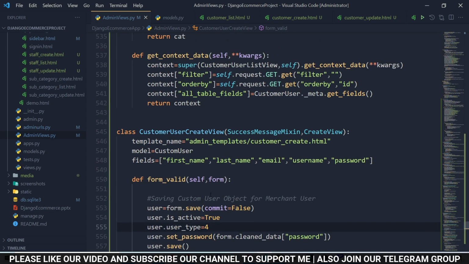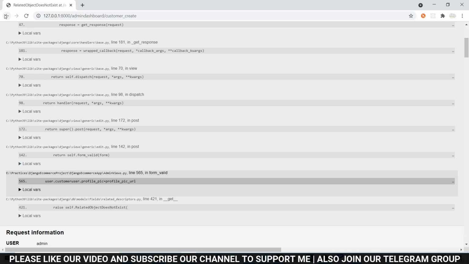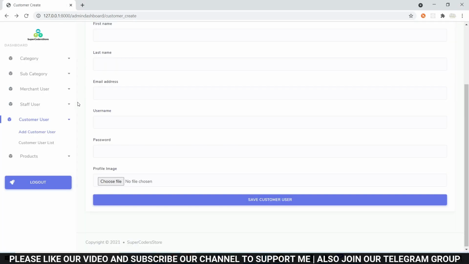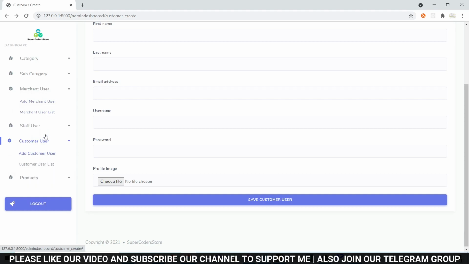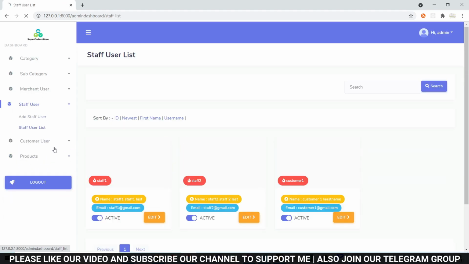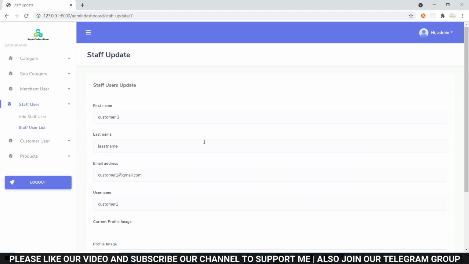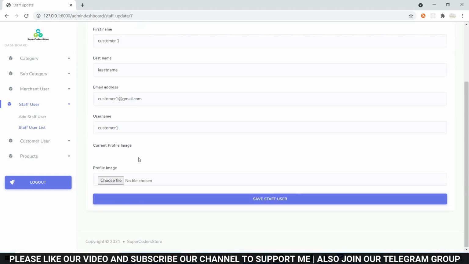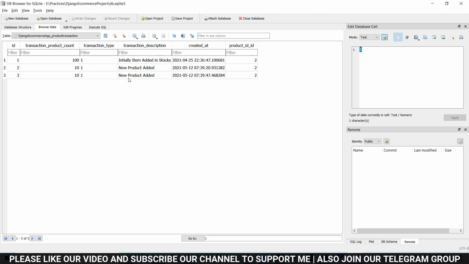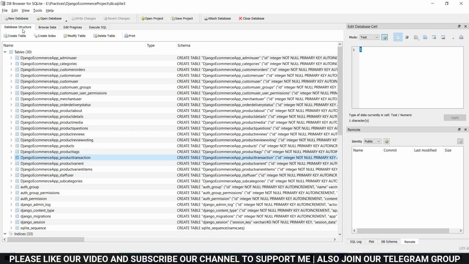Now save this file. Again come to back, refresh page, and I think it is added in staff user. You can see it has been added in staff user. So that is the problem. We need to delete this data manually because one data inserted but other not inserted.